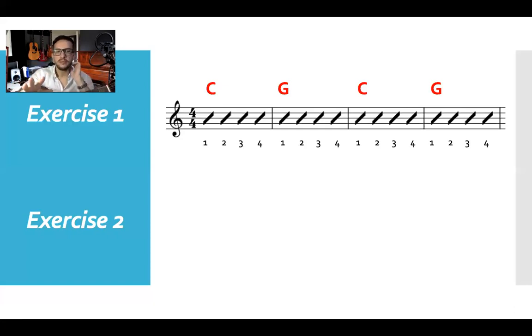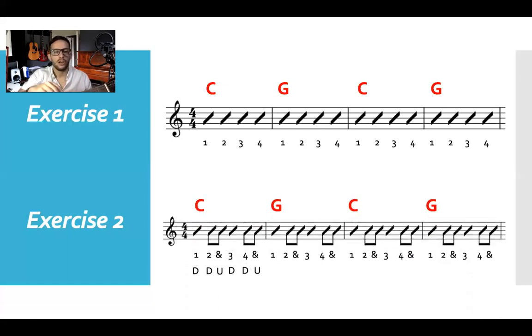Now that was an easier type of exercise, but the next one is going to be a little bit more complicated. Okay, so the second one is like this. Here you have, again, quarter note slashes, but you also have 8th note slashes in between. So what I have done in the bottom with numbers is I put all the chord strokes where the beat goes, and I also added these ands. You see, and, and, and, and. So if you count this, it will sound like this: